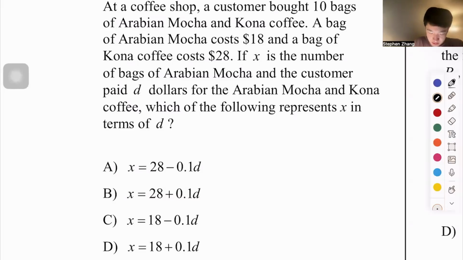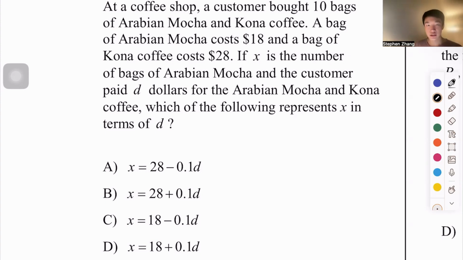So one of the good problems I think is good to go over for SAT math is, and in this question, it's mainly about setting up your equations in order to solve it. So looking at this question, we see that a customer bought 10 bags of Arabian mocha and Kona coffee, and a bag of Arabian mocha costs $18, and a bag of Kona coffee costs $28. So they tell us that X is the number of bags for the Arabian mocha, and the customer paid D